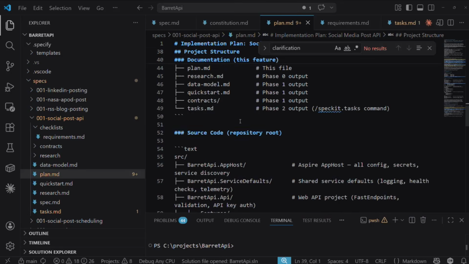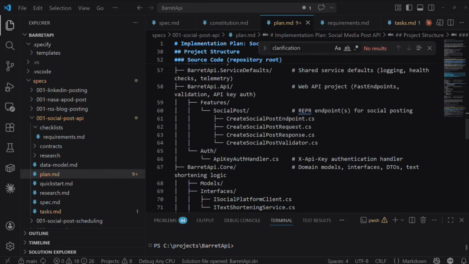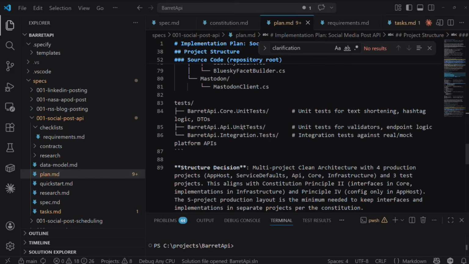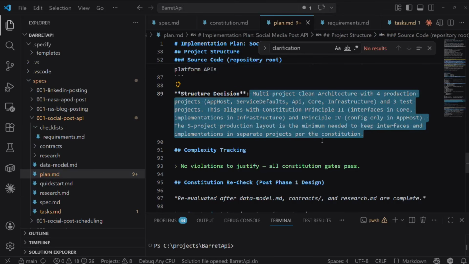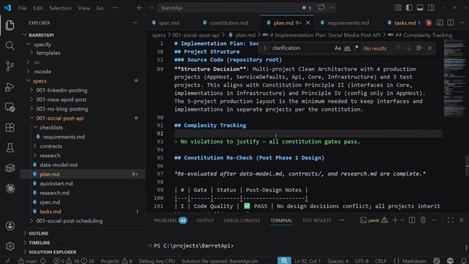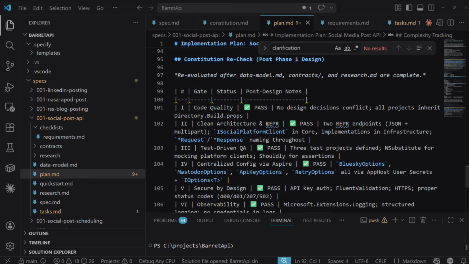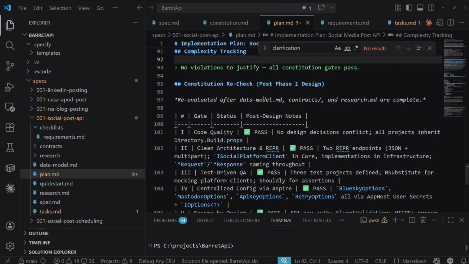In this particular case, it's laid out what the structure of the application is going to be. And as you make various decisions, it'll also document a lot of that. If it does ask you questions, it may provide additional details here as well, as far as that Q&A. So that's the technical plan.